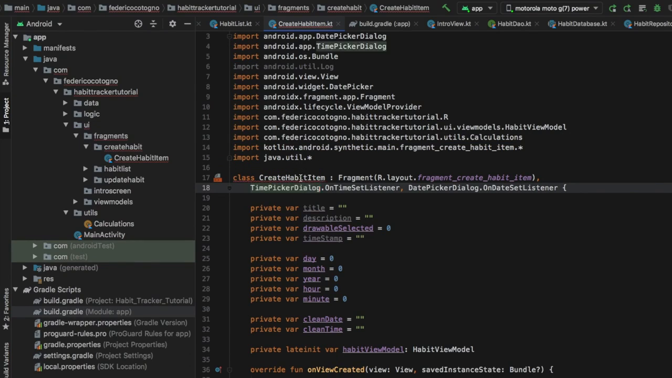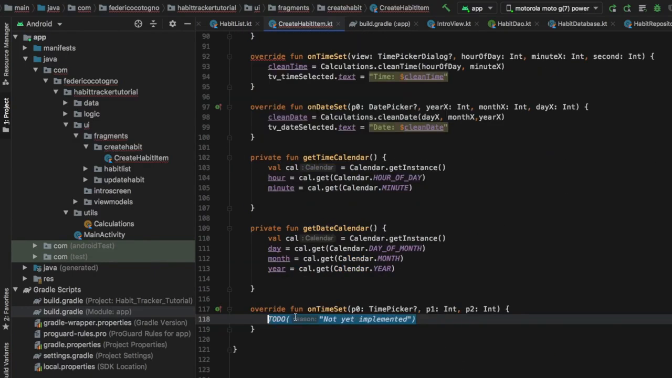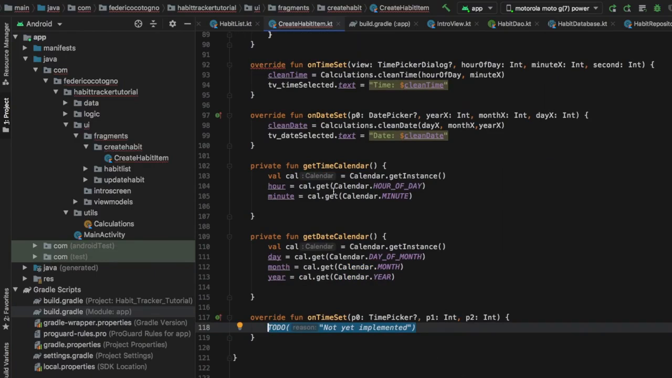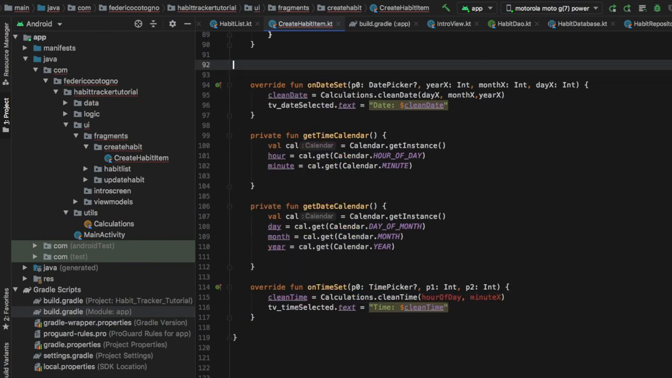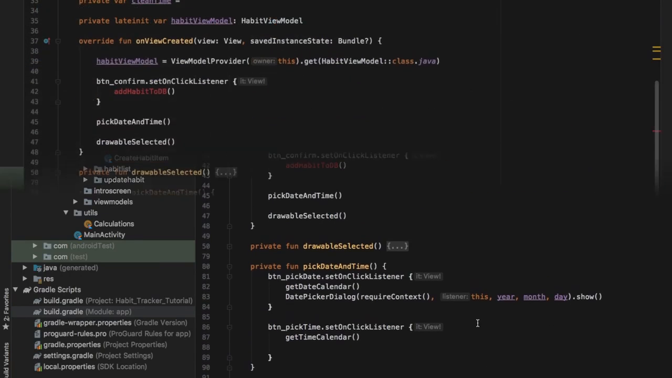And as you may see, we will get another error in our create habit item. So we'll just implement that member, which says on time set, and click on OK, and it will add it to the bottom. And it's a very trivial mistake. So all we have to do is copy and paste what we had from our other on time sets and just paste it inside here, and then remove that one. And for clean time, the hour is going to be at position 1, and the minute is going to be at position 2. Anyways, we just fixed that, so now we can go back to our pick date and time